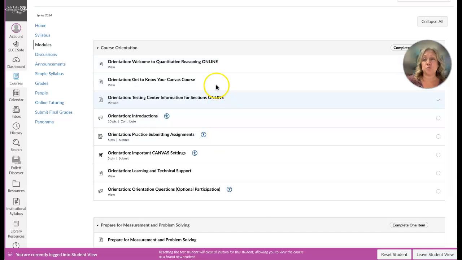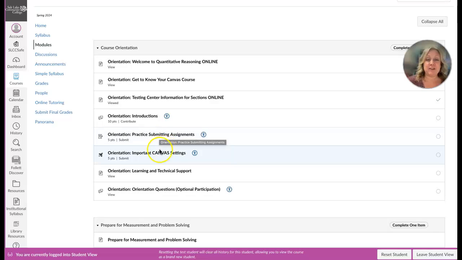A lot of them are just reading through the stuff about the class, but there are a few things where you need to submit an assignment. So this introductions, that's to help us get to know each other and get more of a sense of community in this online class. Then there's an assignment where you're going to practice submitting assignments, taking something from a photo, changing it to a PDF, and uploading it to Canvas so that I'm able to